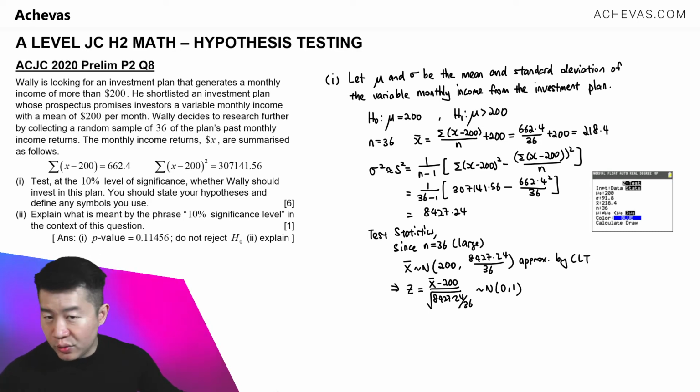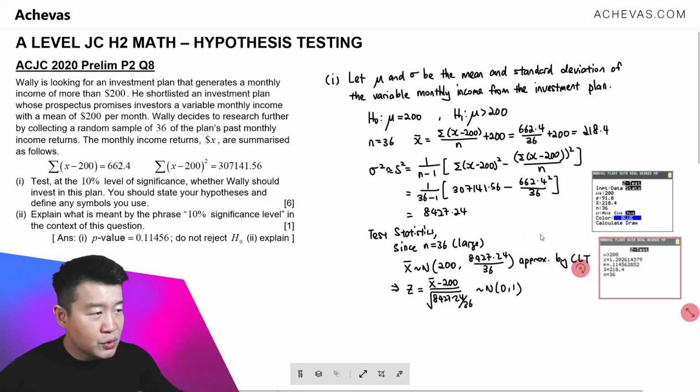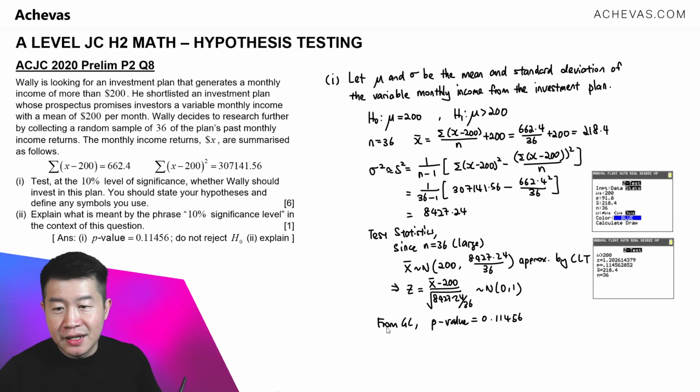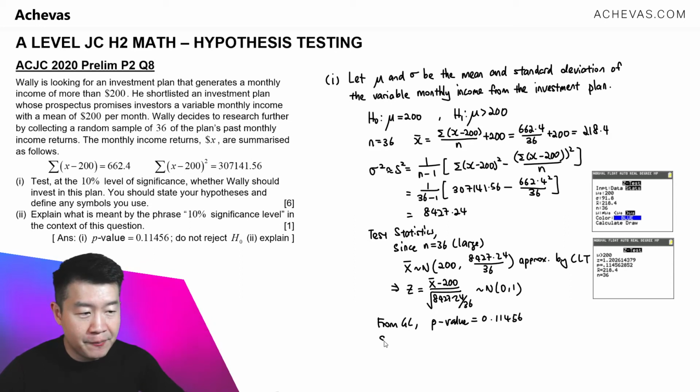Doing the calculation, I'm going to extract the p-value. This is what I've gotten from my calculator. From my GC, the p-value is equal to 0.11456. We're doing a 10% level of significance, so this is more than 0.1, which gives us an indication that there's insufficient evidence. So I'll write down the conclusion based on this. Since the p-value that we have gotten here is bigger than 0.1, there is insufficient evidence